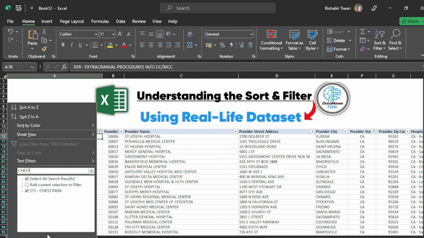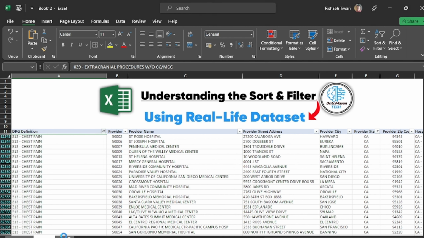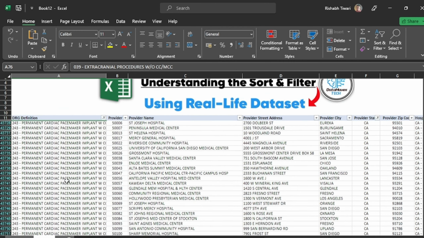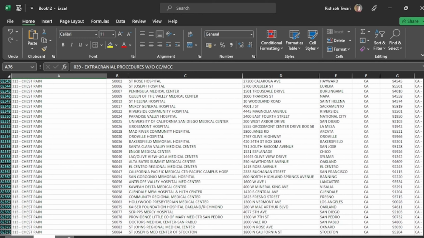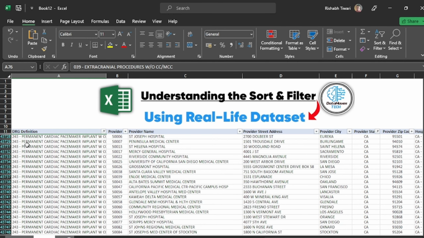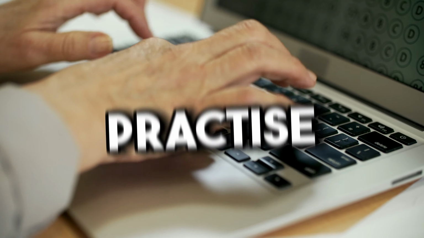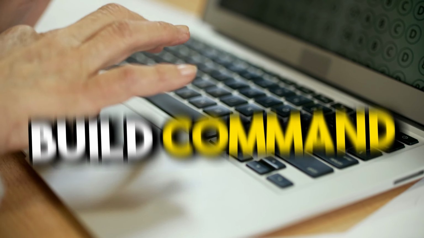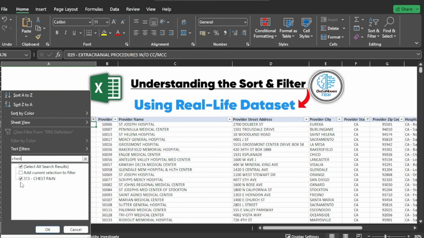And now search for permanent cardiac pacemaker, and click on both of them, and click on this, Add current selection to filter, which will help us to select both chest pain as well as permanent cardiac pacemaker. So this is how the filter works. As you can see on the screen, both permanent cardiac pacemaker and chest pain are visible now. You have to practice different types of questions to build command on it. I'll clear everything and filter only for chest pain in California state.